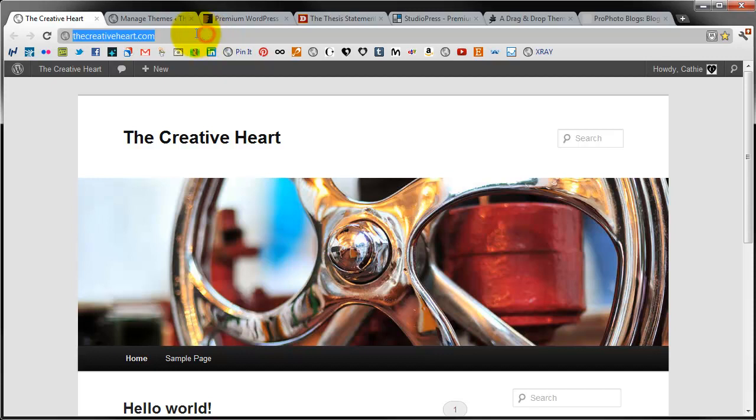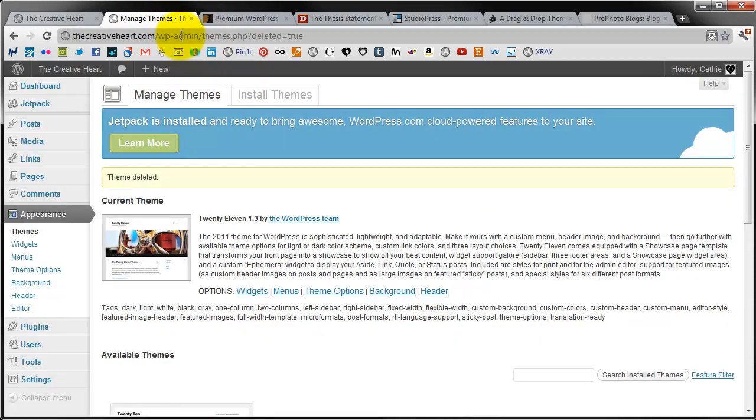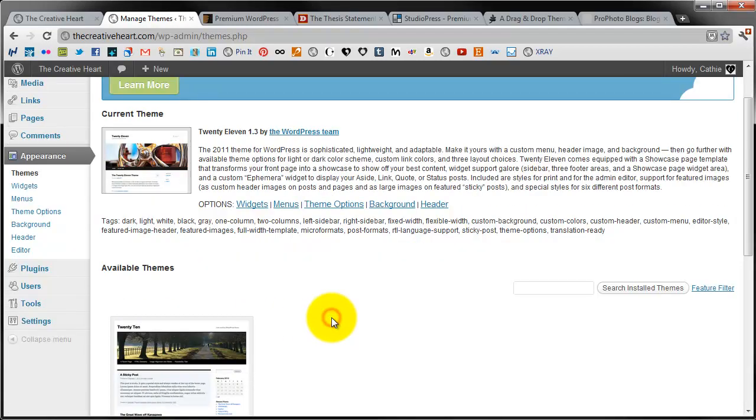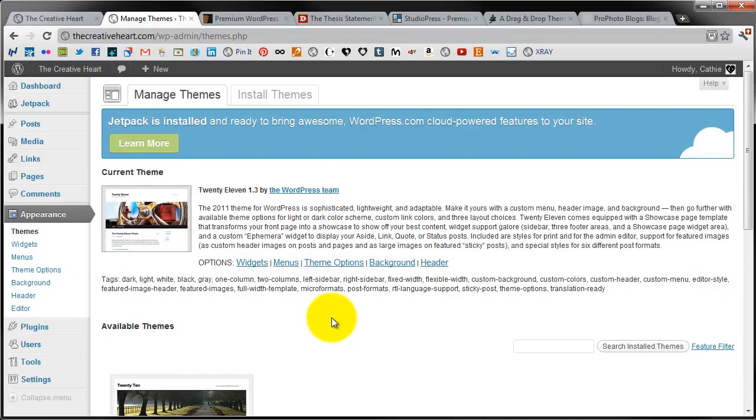So you need to add at the end of your link wp-admin and then log in, and you will come to the basic dashboard area. What you need to do is go down to appearance and then themes. From here we can see that WordPress have provided two themes automatically, and Twenty Eleven 1.3 is the basic one that comes with it automatically. So go to install themes,